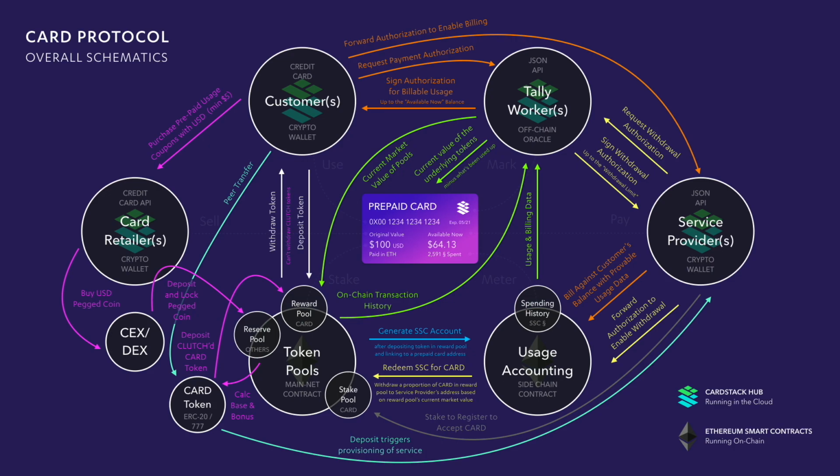So the idea here is that most of what's going on in this diagram, and it's color-coded with different colors, is: the green is the mark-to-market, using the tally worker to figure out what's going on. The purple is the clutch mechanism, the ability for someone to get you into the token ecosystem without having to hold token or even have a wallet, but you get a prepaid card that you can use. And then the orange is the payment authorization workflow, and then the yellow is essentially the withdrawal workflow.